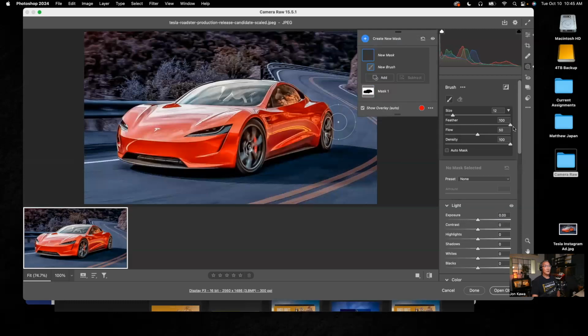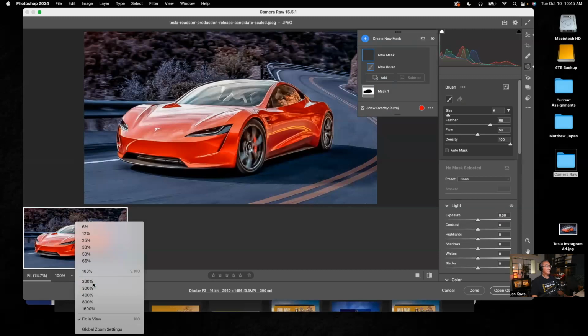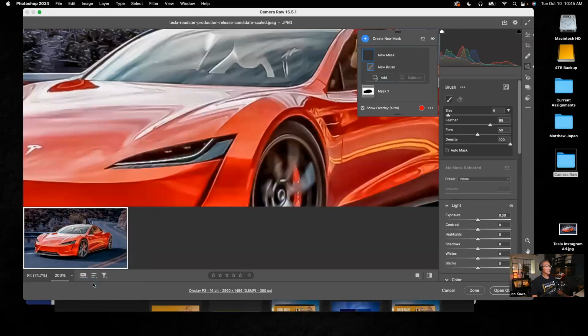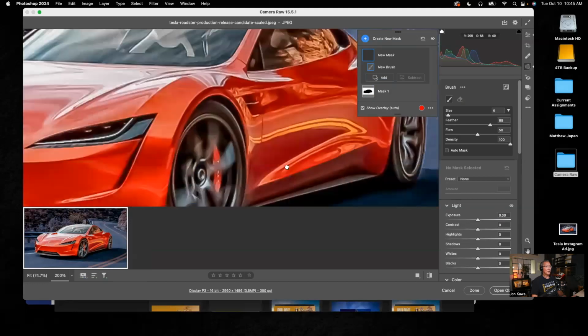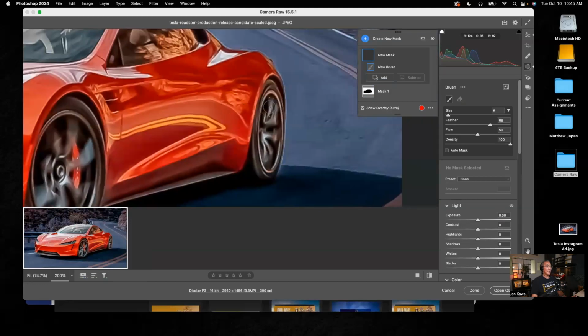When I go up to 100%, you can see that distance now is increased. That means it's going to feather out a lot more gradually. I'll bring the feathering down to maybe 70% or so. That's fine. Then I'm going to make my brush smaller. I'm going to zoom in. These are your zooms right here. If I click 200%, it zooms into 200%. I'm going to hit my space bar, and I'm going to come over to this black side here, and